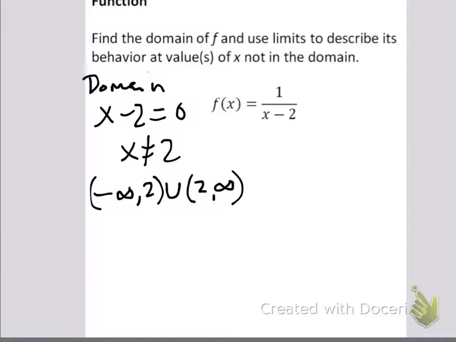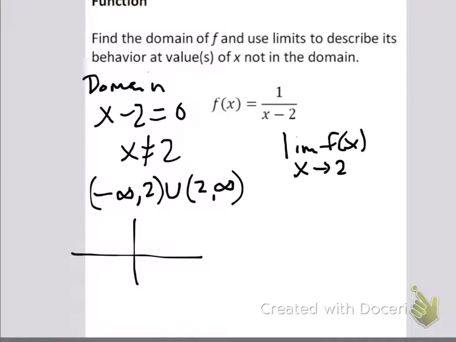Now it says describe its behavior at values of x not in the domain. Well, the only x that's not in the domain is 2. So what we're going to do is the limit of f of x as x approaches 2. Now, here's the issue. When we graph this, okay, here's our vertical asymptote, okay, all right. Here's our graph,